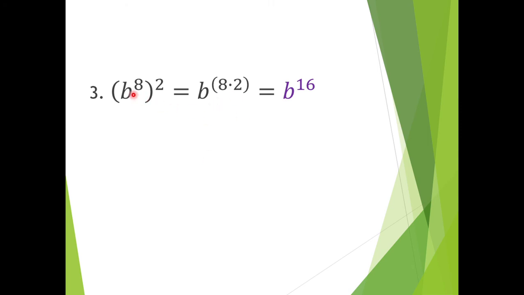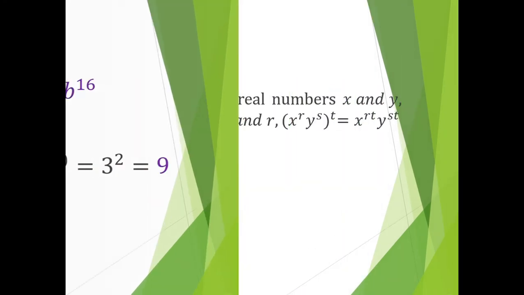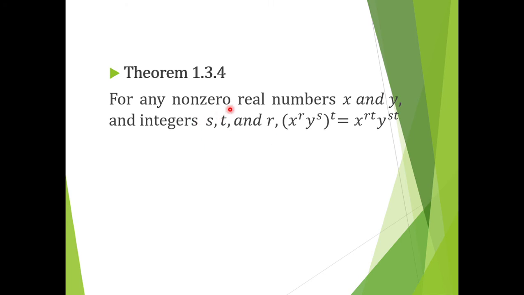So, ayan, b raised squared. So, 8 times 2 is b to the 16. Madali lang, diba? So, negative 2 times negative 1 is 2. So, 9. Diba? For any non-zero real numbers x and y, and integers x, t, and r, so x raised